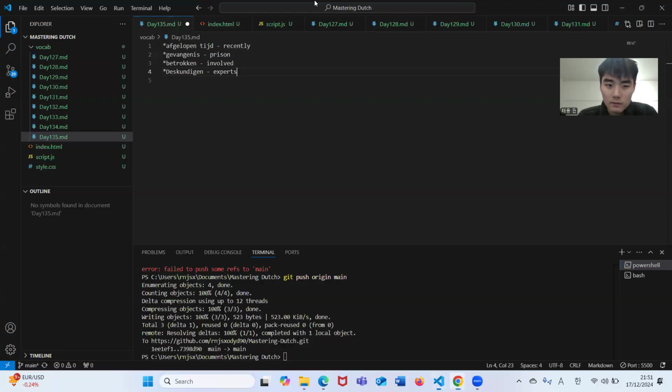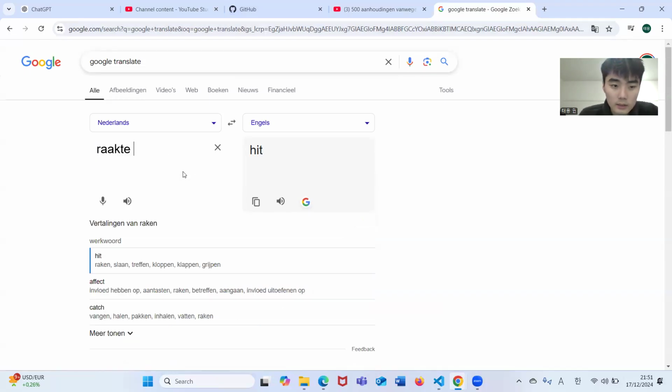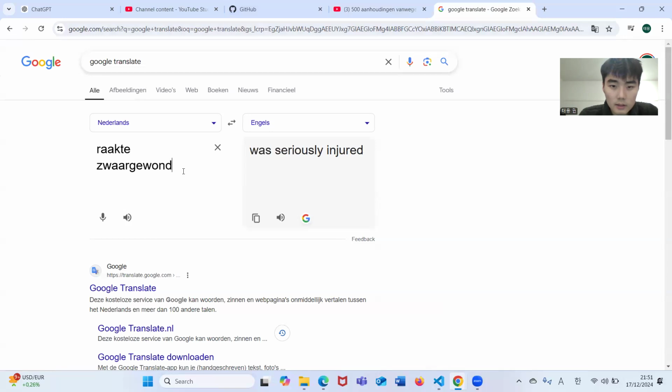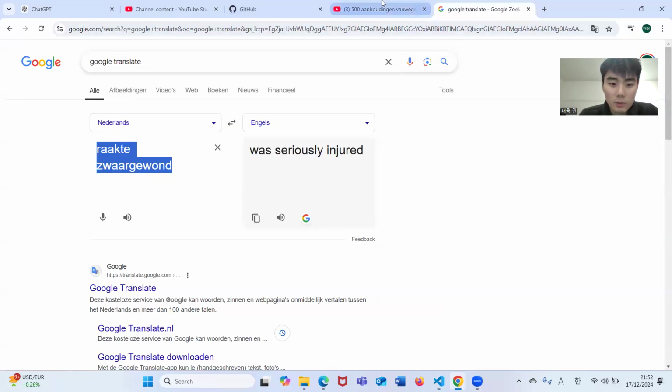Raakte, hit. Zwaar gewond. Seriously hit, serious. Was injured seriously. Raakte zwaar gewond.